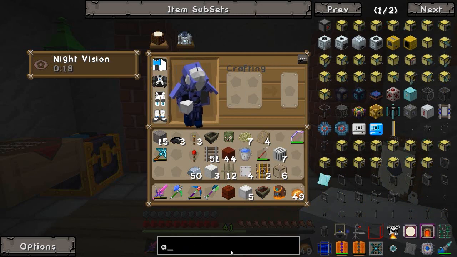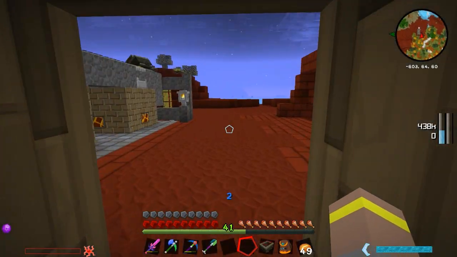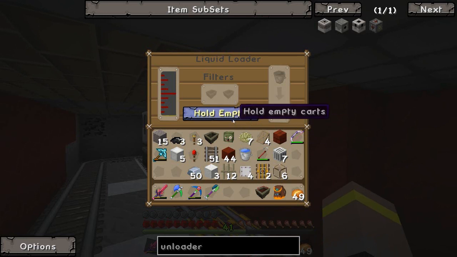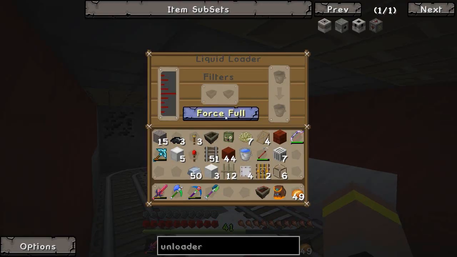We want an unloader, don't we? Let's go have a look at an unloader. There we go. It says the liquid unloader, the advanced item unloader, unloader, energy unloader. Maybe there isn't an advanced liquid unloader. That sucks. Because if there isn't, then I can't do my little plan. Emit redstone if no liquid was removed. See, that one's manual. That's not really what we want. And if I put them to immediate...